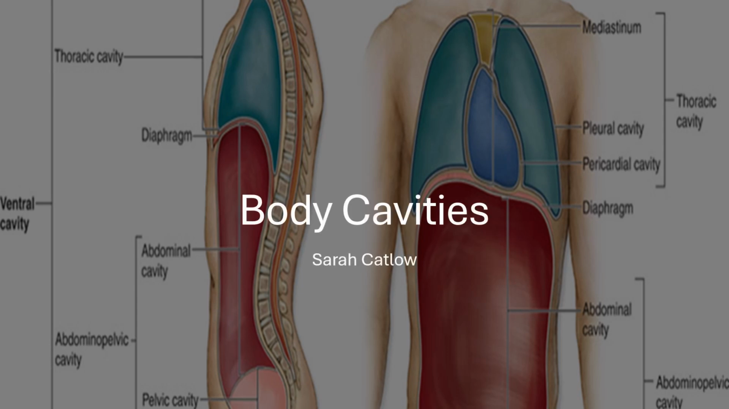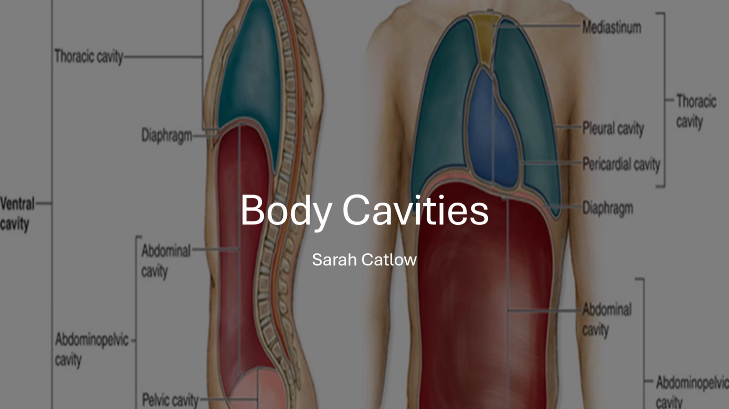We're going to look at body cavities and have a quick overview. The human body is divided into several body cavities. These are spaces that contain and protect the internal organs. Understanding these cavities is important in healthcare as it helps with identifying the location of organs, diagnosing issues, and carrying